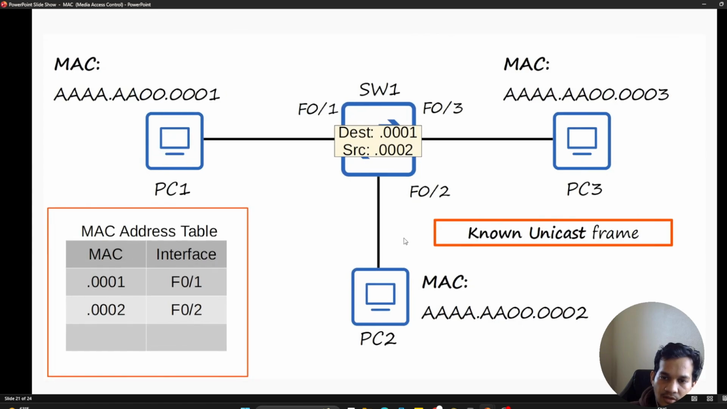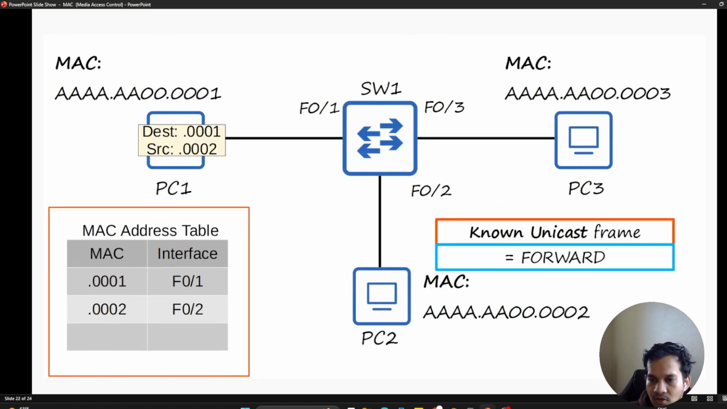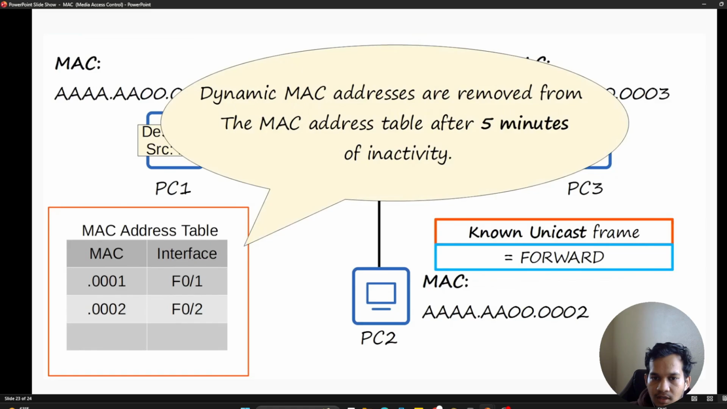So this is known as a known unicast frame. What is a known unicast frame? Now switch 1 is aware where PC1 is, as it has learned from dynamic learning, and it knows from its table where the 001 address is. So it will just send to F01. What a known unicast frame does is just forward the frame. That's all. And there is one drawback of dynamic MAC learning, that the